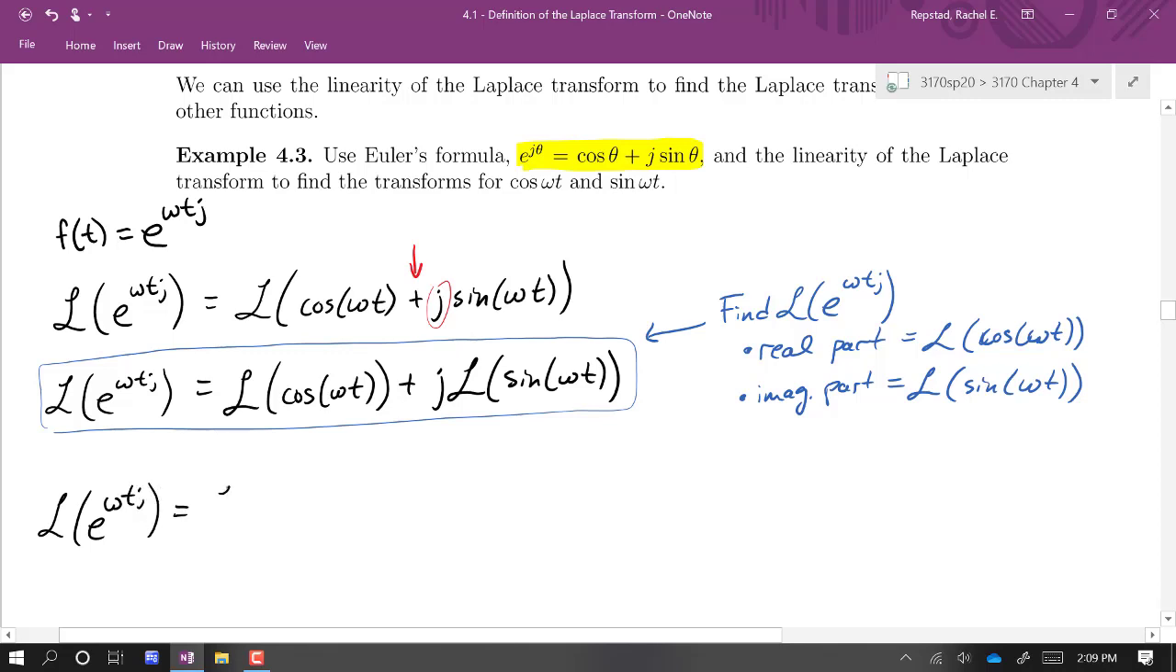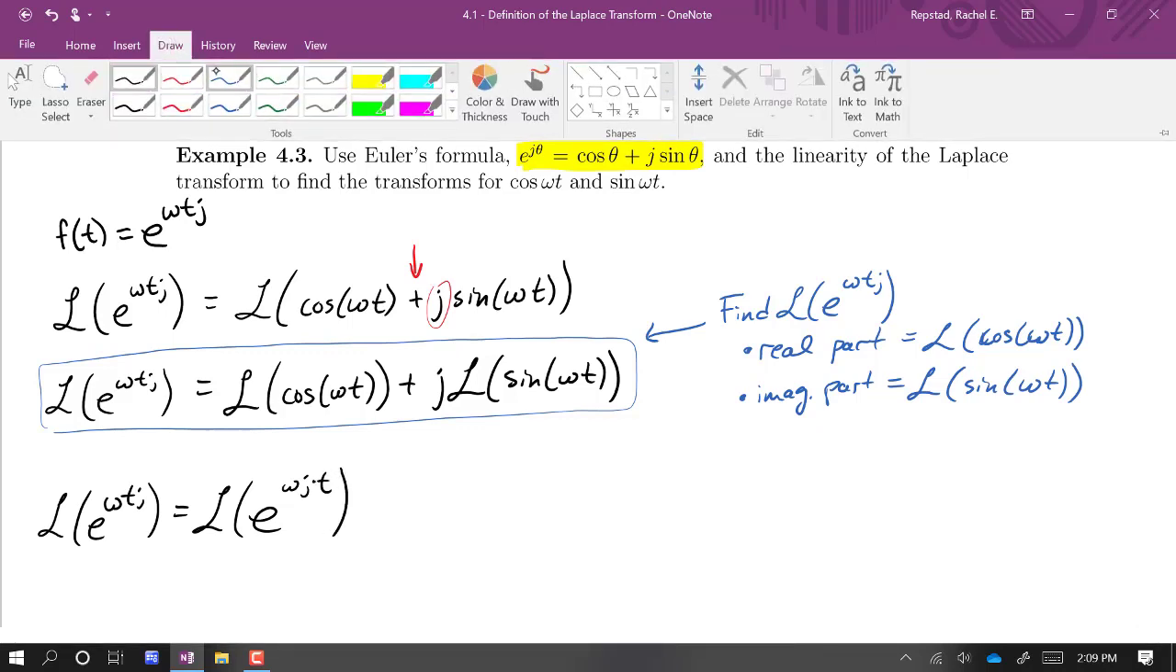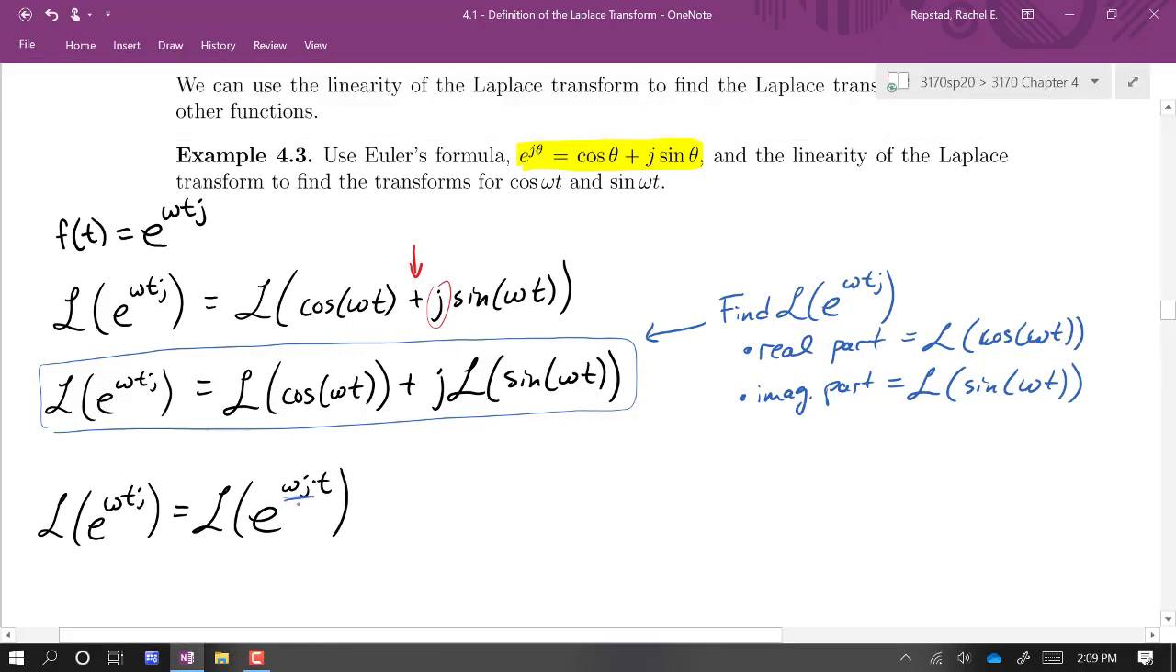And I'm going to just rewrite this slightly. I'm going to call this a Laplace transform of e to the omega j times t, because I want to think of it as just a single constant coefficient on t, so that omega j. Well, we know what the transform of e to the at is, where we have some constant in front of t. I'm just going to use that same transform that we found. On the last page we saw that it was 1 over s minus the constant,